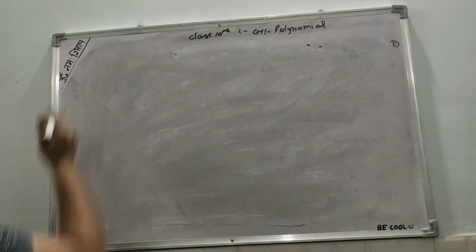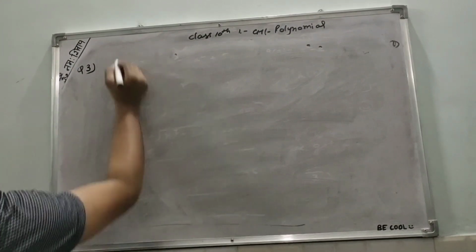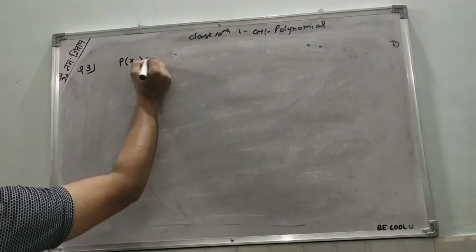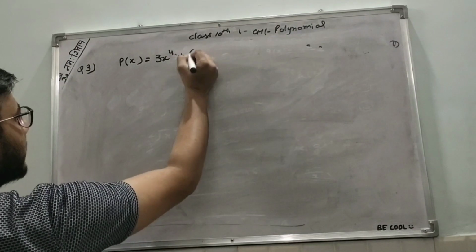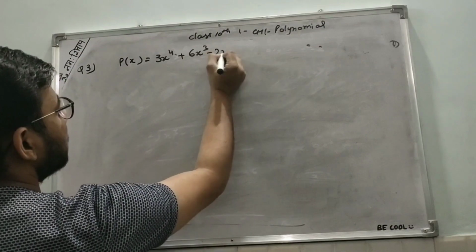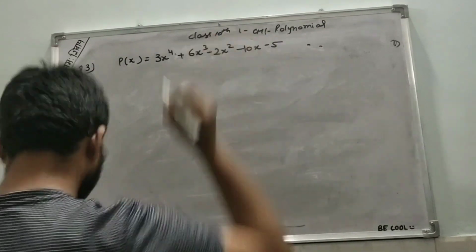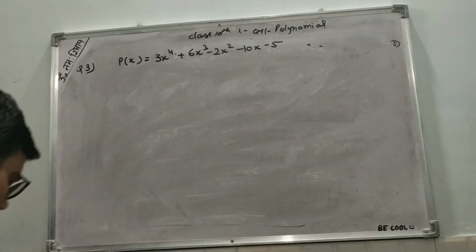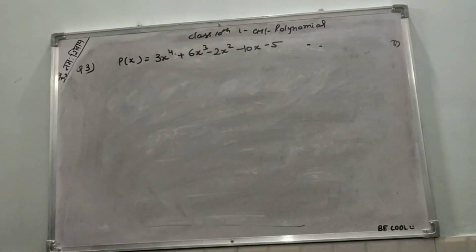Question number 3. We have p(x) = 3x^4 + 6x^3 - 2x^2 - 10x - 5. Now the question is, obtain all other zeros of this polynomial if we have two zeros